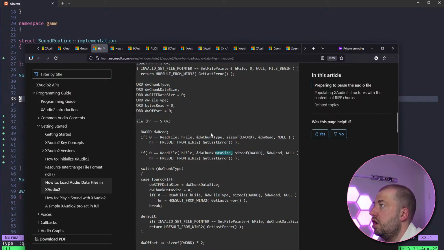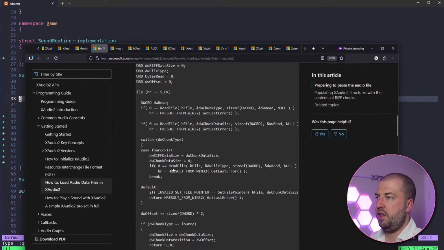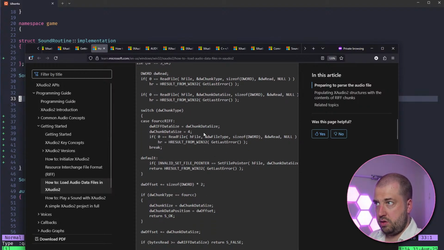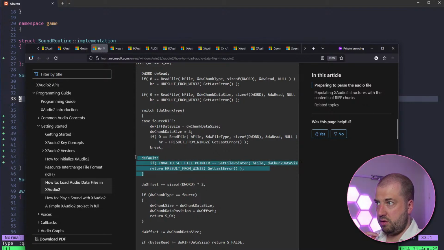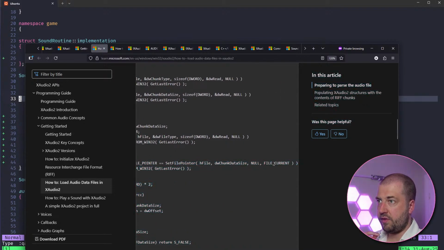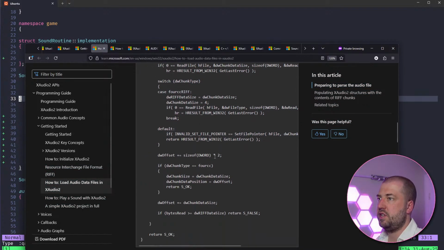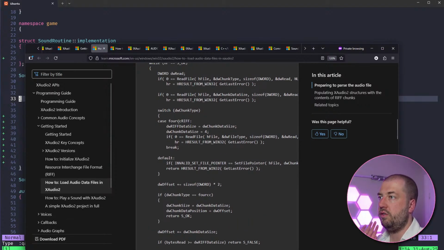Okay, so the chunks are tuples of type and size. It's then going to say, hey, if it's this type, read this, else advance past it. Okay, so this is fine. This is just iterating through chunks looking for the 4CC RIFF. I heard much better than the 3CC RIFF, but not quite as good as the 5CC RIFF.